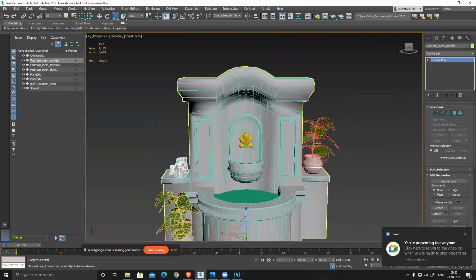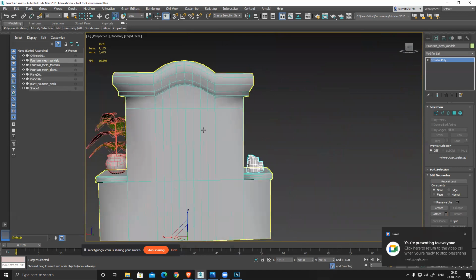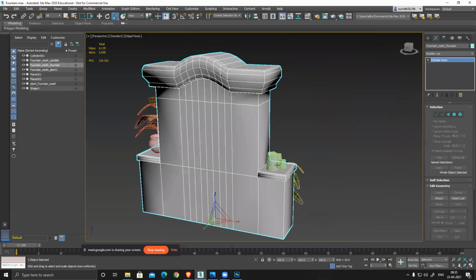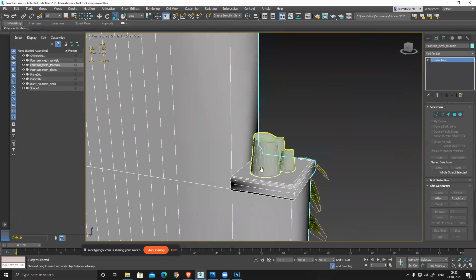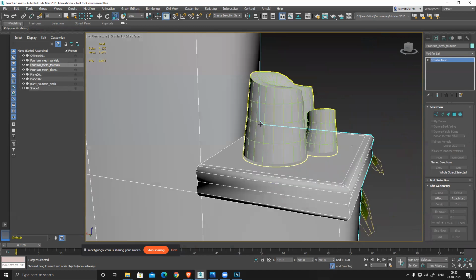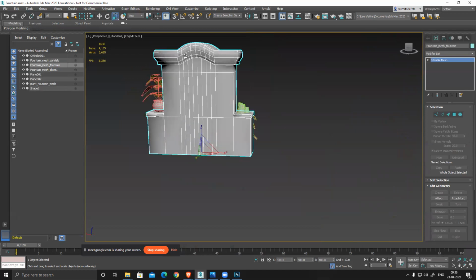So still I can see there are a lot of extra polygons here. And for this candle also, it's pretty dense, way too much. If you have all this distortion or shape deformation, then it's fine. But if you don't have it, then it's useless. So I need to reduce some polygons from here. All these polygons are not serving any purpose, and it's a complete waste of polygons.